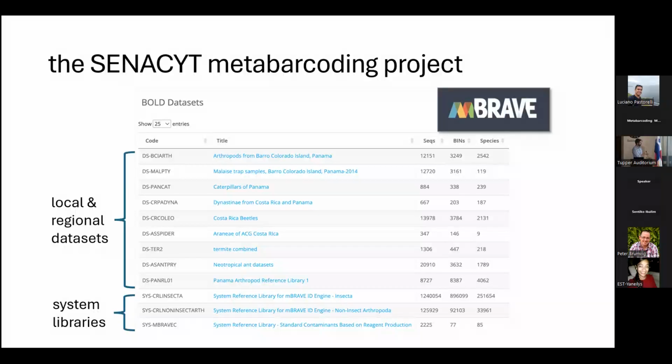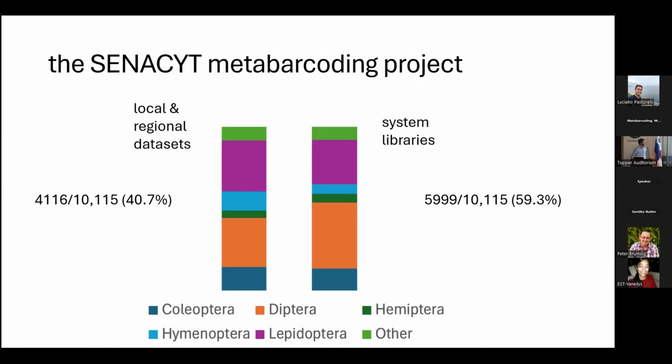And then the system libraries are going to catch everything else, especially the work in Costa Rica and nearby. What we've found, and this is just preliminary, is we're matching about 40% to those local and regional libraries, and about 60% to the system libraries, and it doesn't appear to be varying too much between